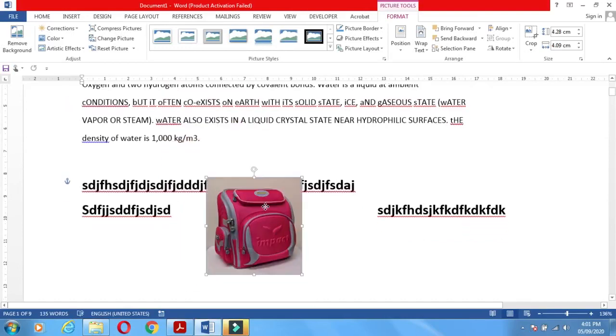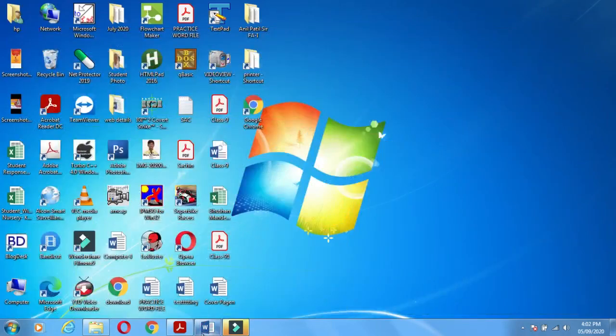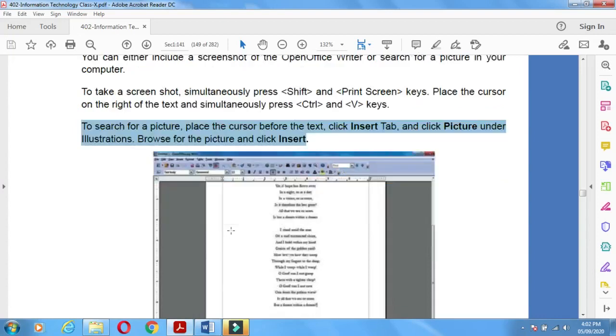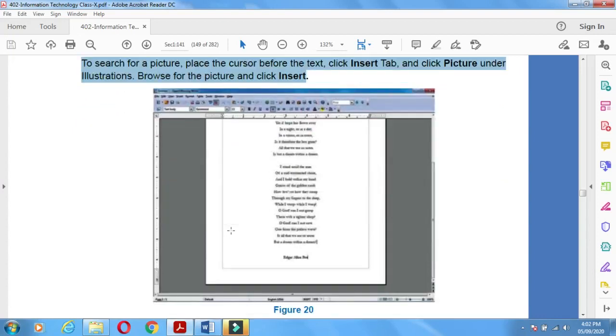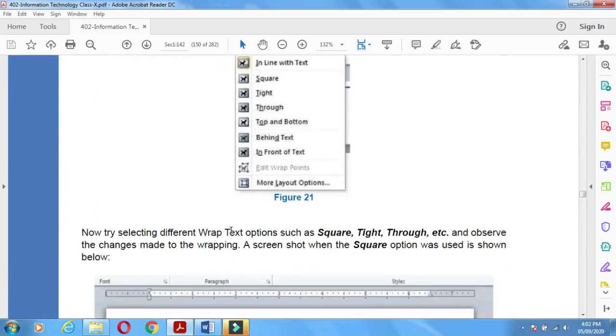In this way you can make your report very effective and professional. Understand? Now next is wrap the text. This is called wrap the text. Okay.